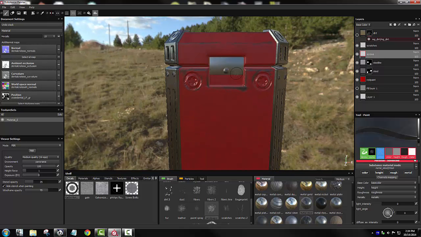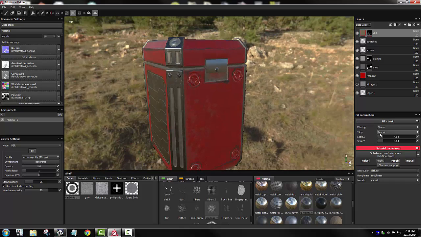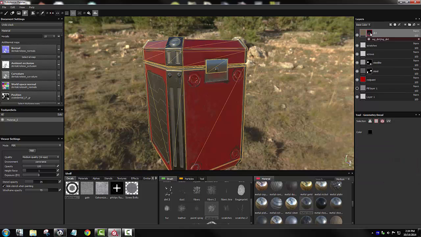Now the dirt was a fill layer, and what I have is this tiled almost 5. I had a black mask, and the mask got a Substance effect,